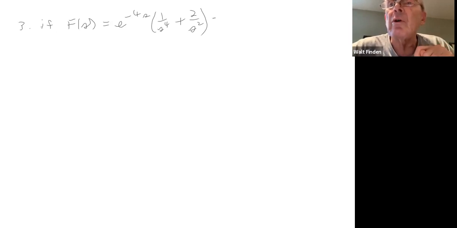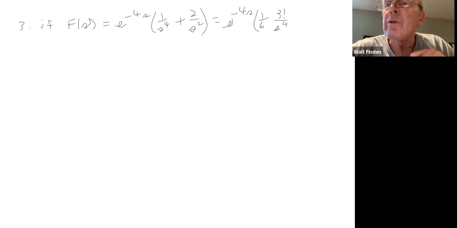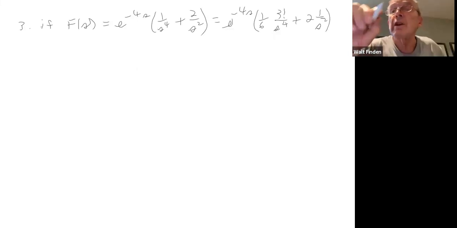So I will write it as e to the minus 4s, so I can use the formulas that I know. I have 1/6 here, 3 factorial over s to the 4th, and so that's going to give us 1/6 t cubed. Here I get plus 2 times 1 over s squared. And so this will give me